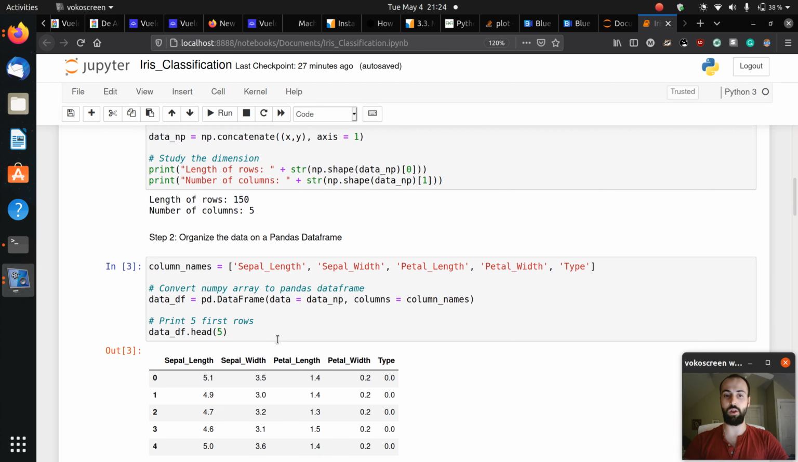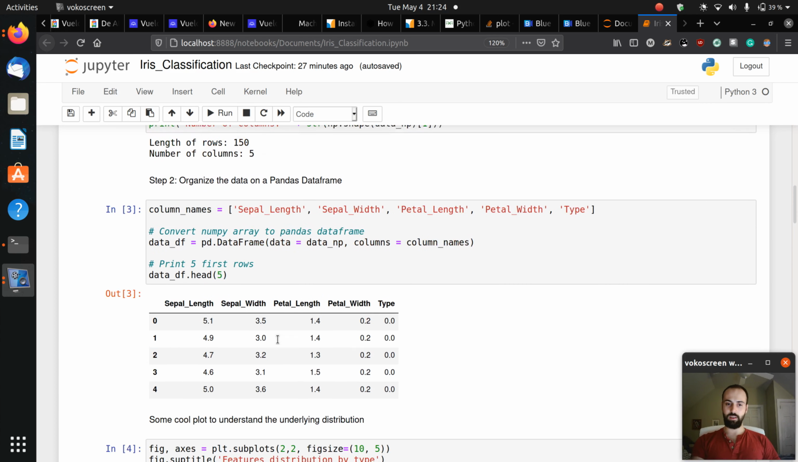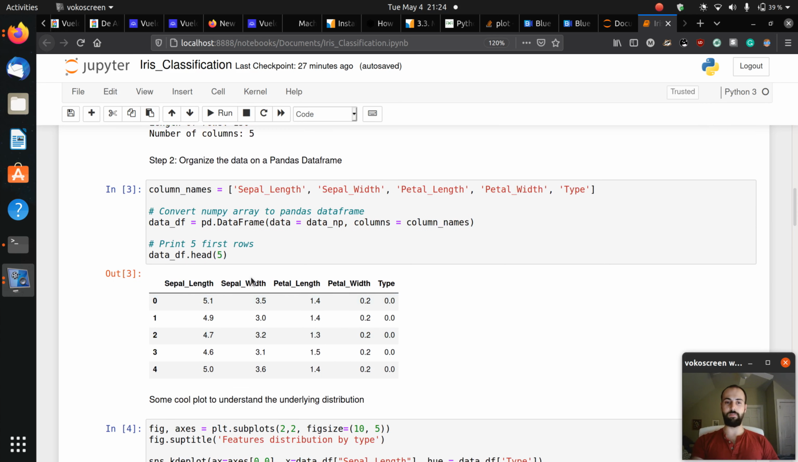Second, we can organize this data into a pandas data frame. So what is a pandas data frame? It is something like this. These are just the 5 first rows. So what you can see is that it is kind of a table. So in this way it is much easier to see how the data is organized and see the different features